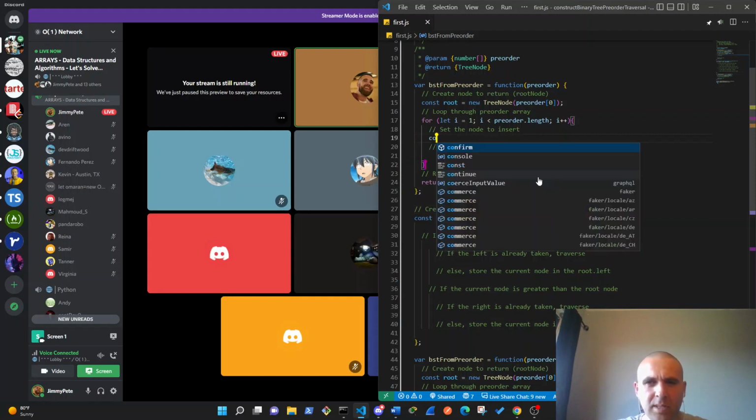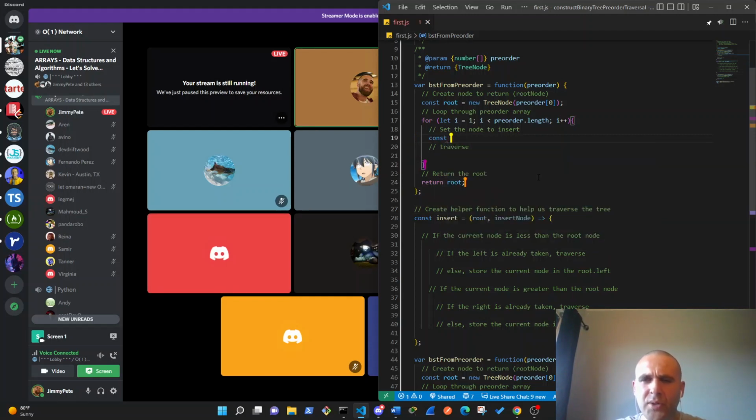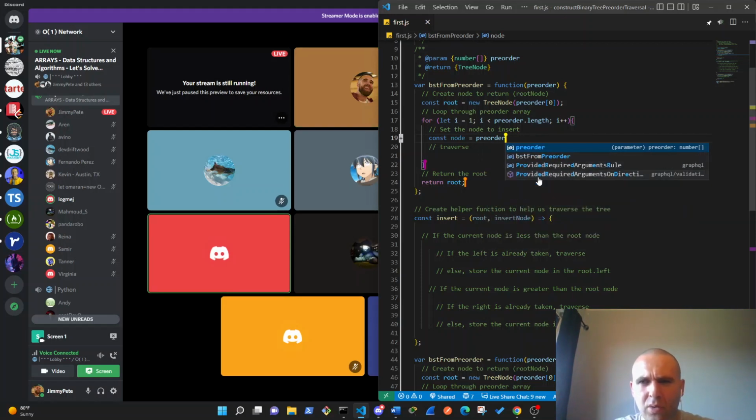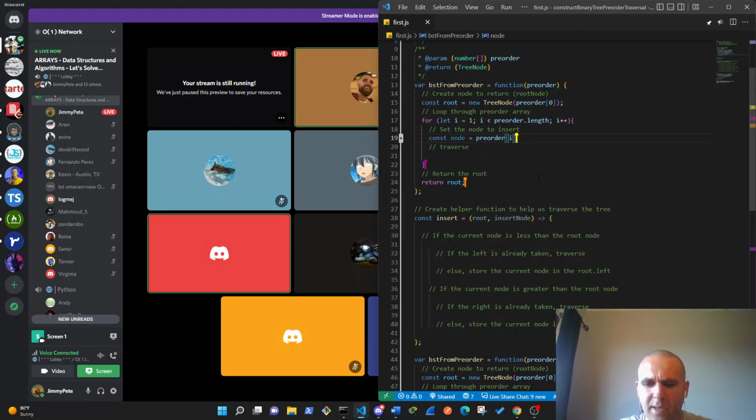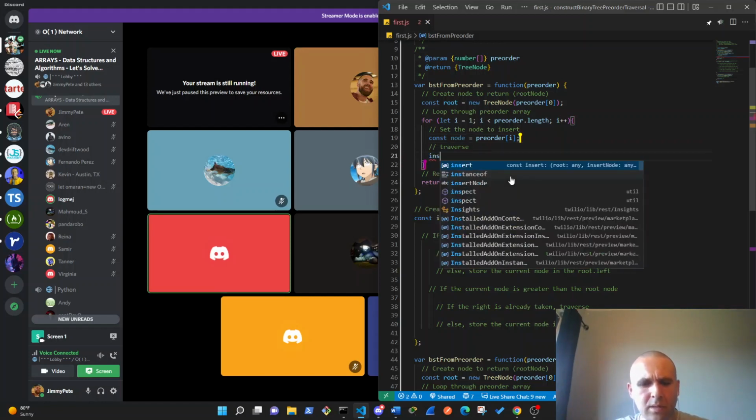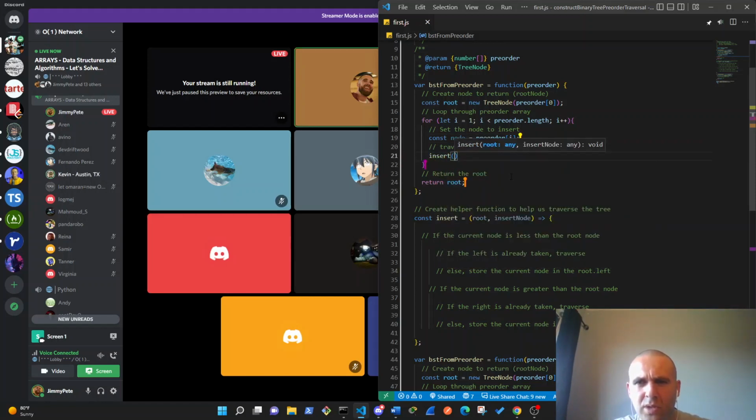So we could go ahead and set that node to insert right here, which is just gonna be node equals tree order I. Alright. And we should be able to just do insert with the root and the node on each iteration. Then within this insert function, we're basically checking if,